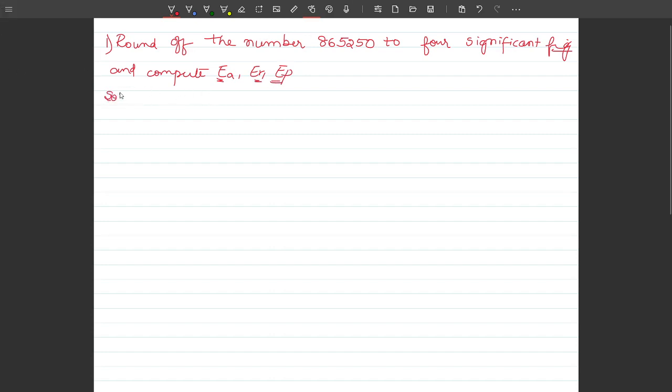So your number is, take the given number as x is equal to 865250. So you have 1 2 3 4 5 6 digits, but you have to round off to 4 significant figures. So number rounded off to 4 significant